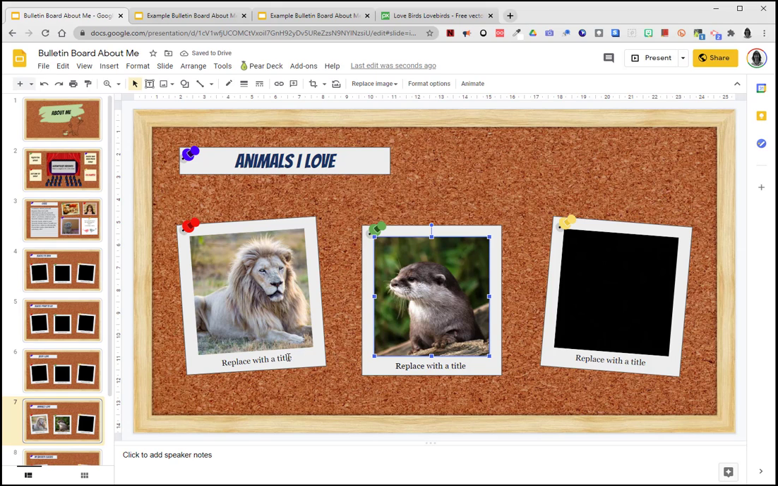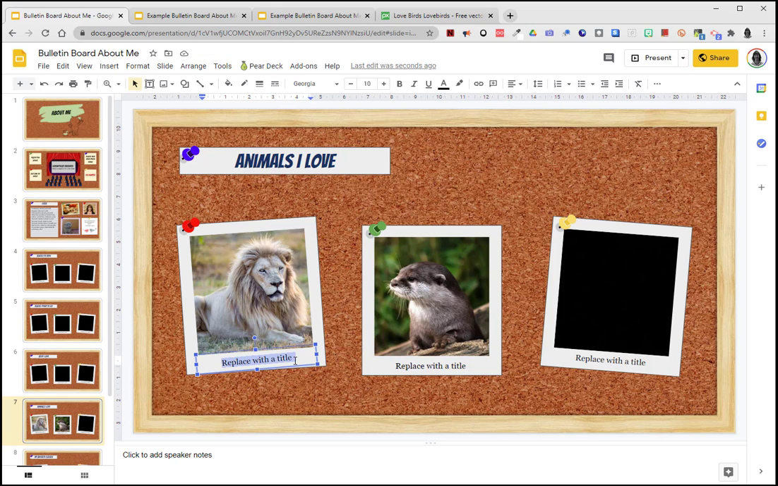I do want to point out you need to replace the text of the animal. In this case, it would be lion. Make sure it stays centered. I will select this and type in otter, and then I will continue to add images and